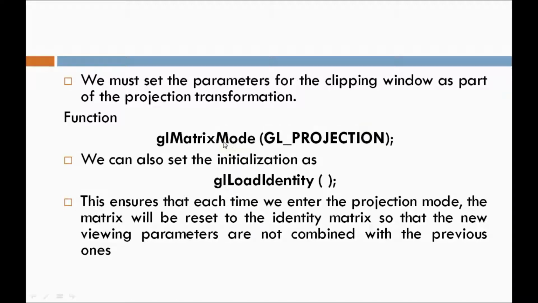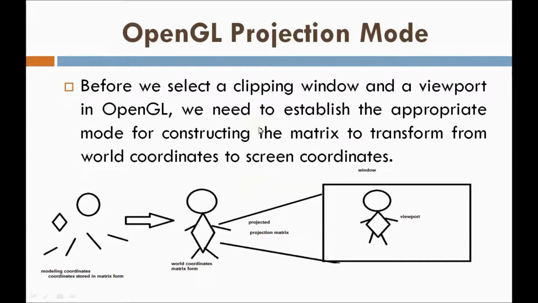I am telling OpenGL that my contents are in the projection matrix. Take those contents in the projection matrix and project them into the viewport. See, my contents are in the projection matrix, and I am telling OpenGL to project my contents into the viewport, that means inside the clipping window. You know that. Getting, guys?